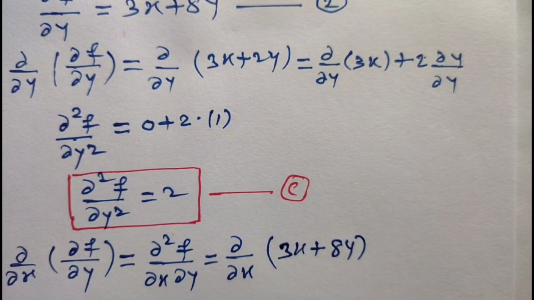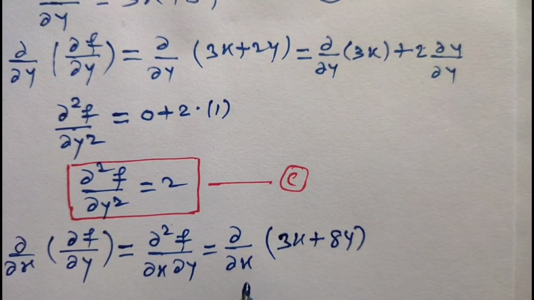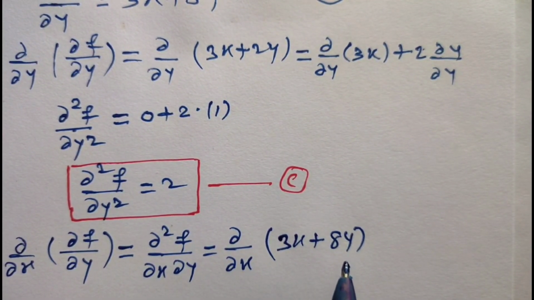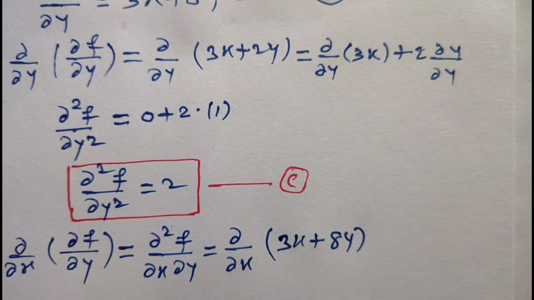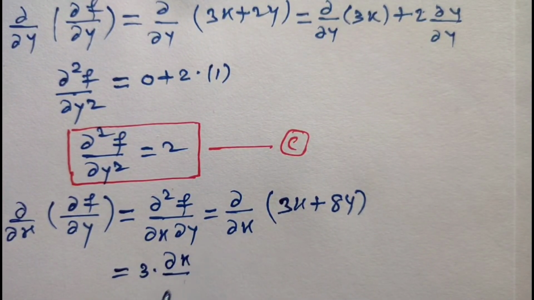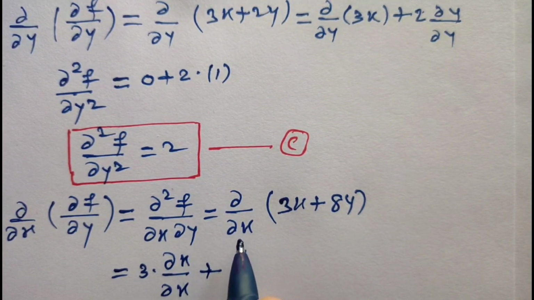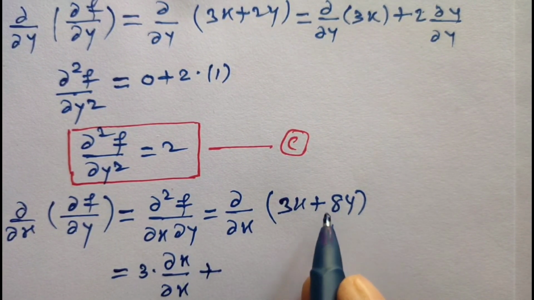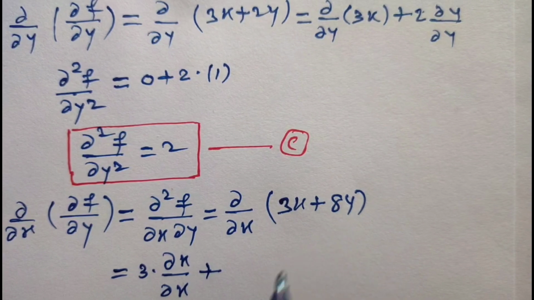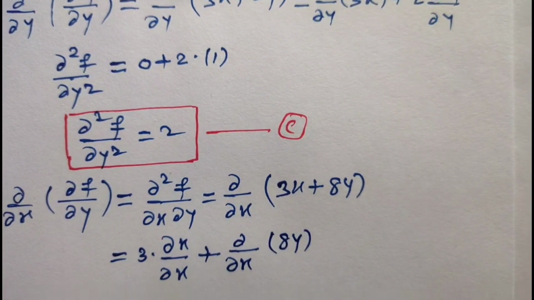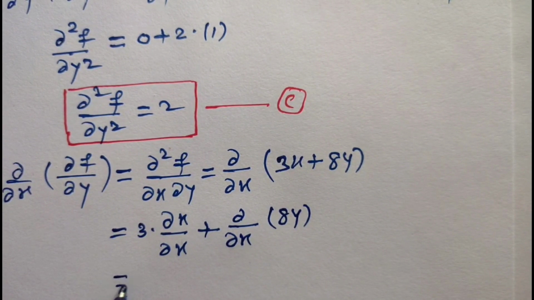3x plus 8y. So derivative with respect to x considering y as constant. So this is equal to 3 into partial derivative of x with respect to x plus we are differentiating with respect to x considering y and function of y as constant. So 8y becomes constant, partial derivative with respect to x of 8y,